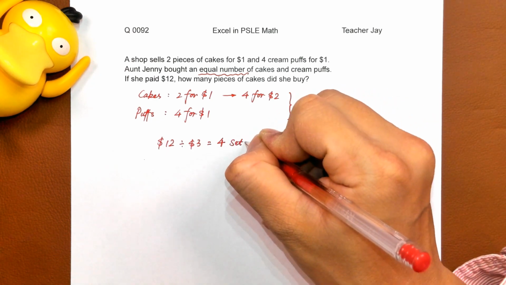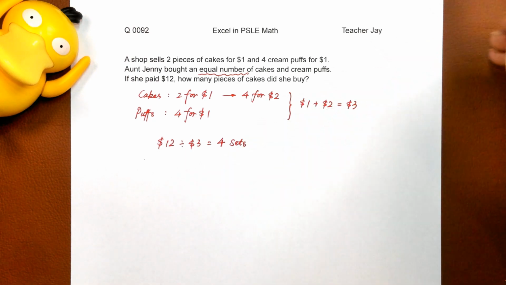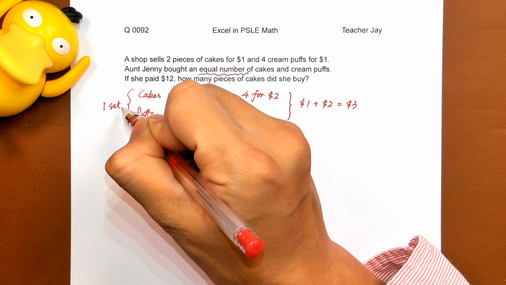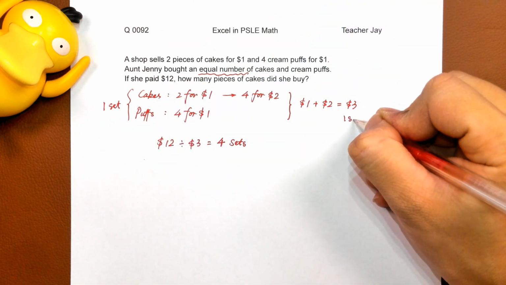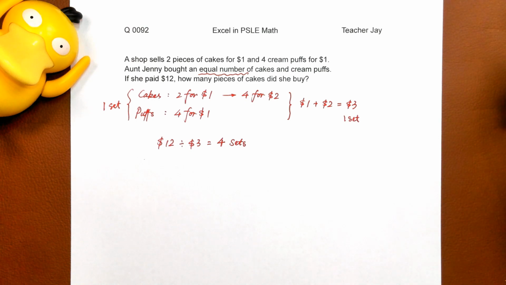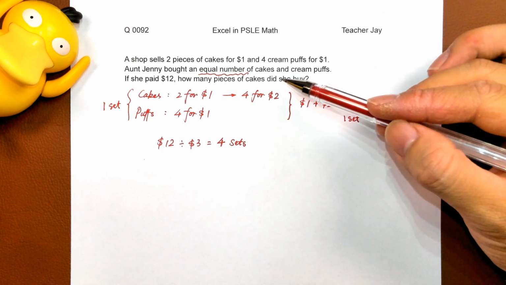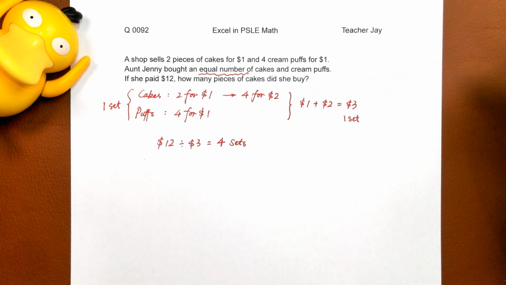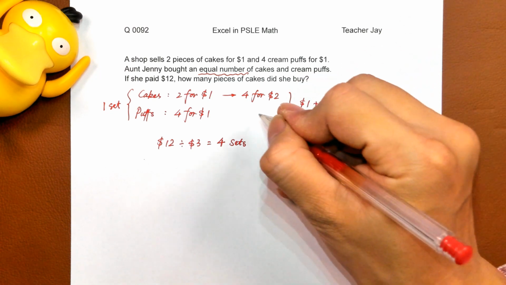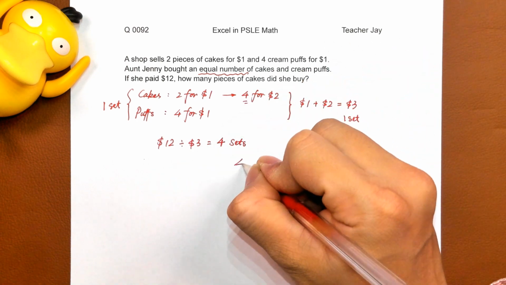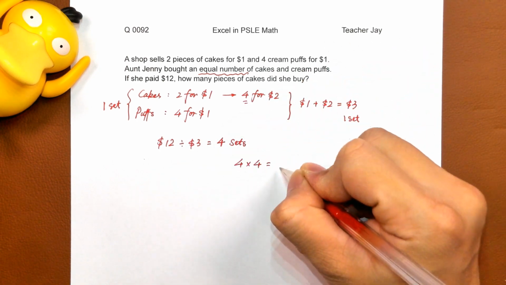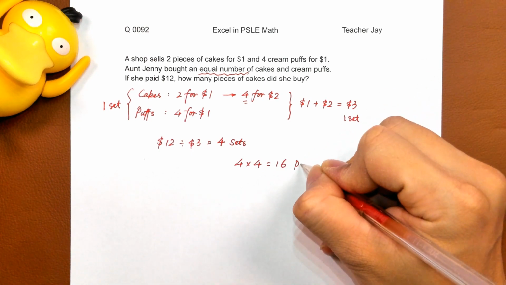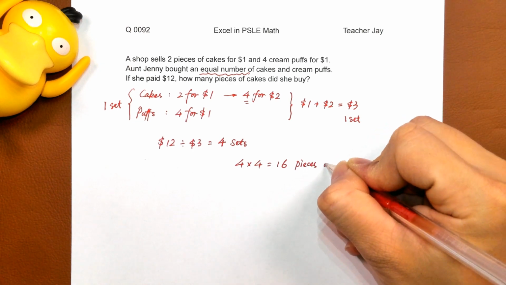For sets. 4 sets of this one is one set. One set, okay? One set. 一组的。So the question is how many pieces of cakes did she buy? 她买了多少块蛋糕呢？4组，每一组有什么？每一组有4片, 4 times 4, 16. 16 pieces of